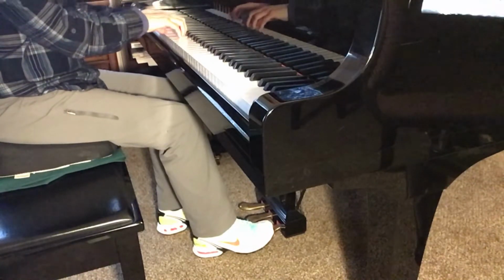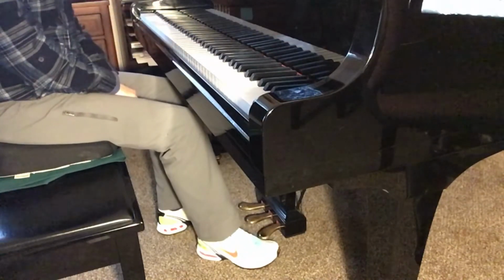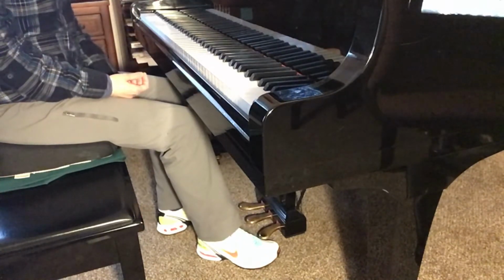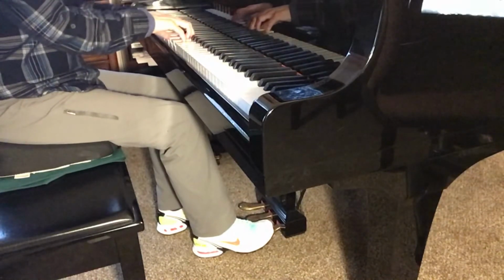Now it's getting really thick. So the general principle, and this general principle works for all music, not just beginner music. If you see a chord change, you're pretty sure you're going to want to change the pedal. So I've got here C,